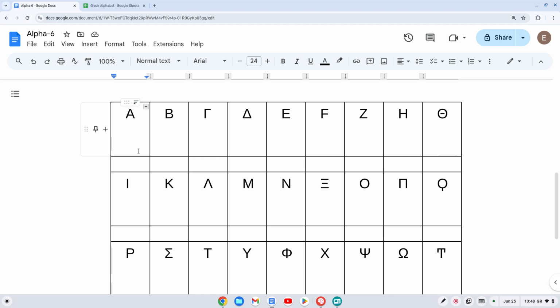And so for alpha, they associated that with the number 1, and beta, number 2, gamma, number 3, delta, number 4, epsilon, number 5, wow, number 6, zeta, number 7,